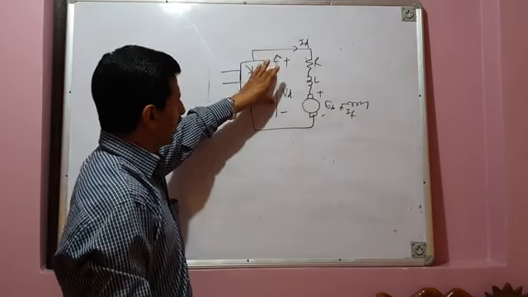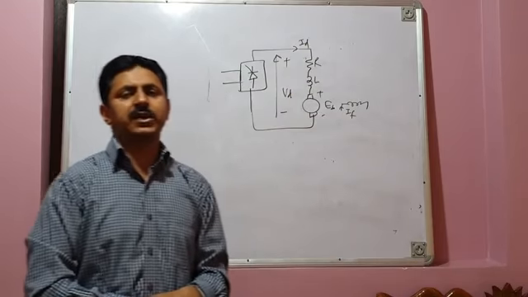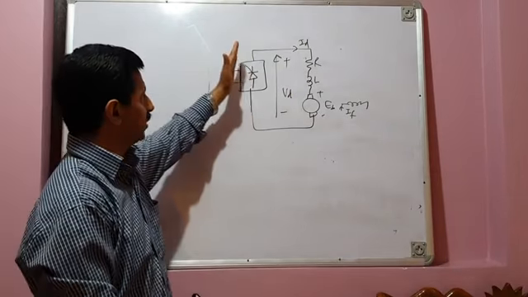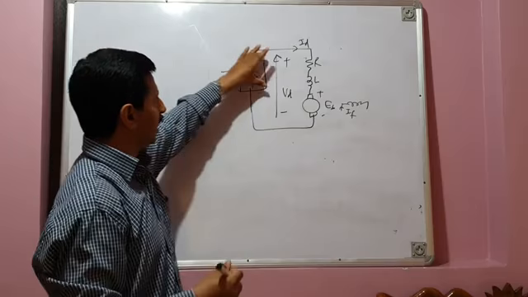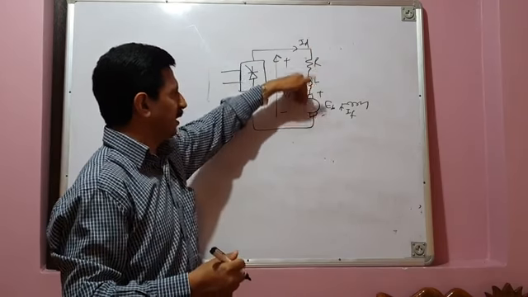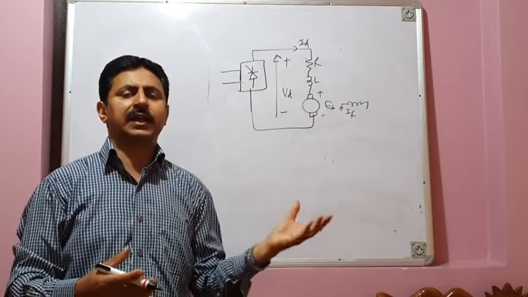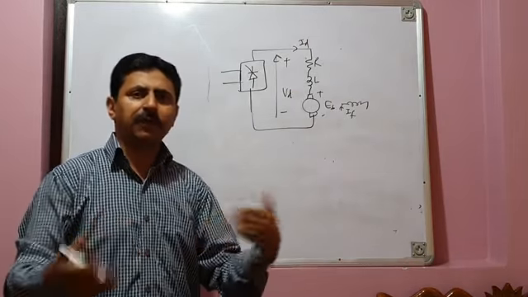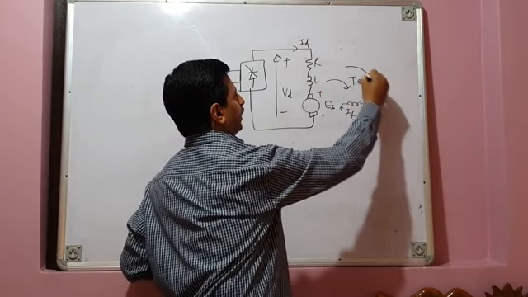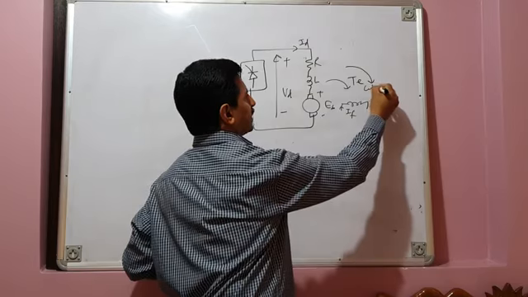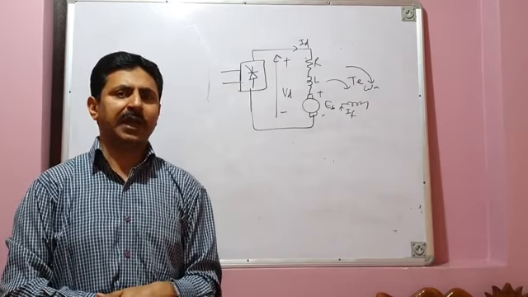Now, average load voltage is positive, load current is positive, so your converter operates in the first quadrant. I mean, the power is positive, that means power is drawn from the AC source, converted into DC, and that DC power is fed to the motor. What will the motor do? The motor will convert this DC electrical power into mechanical power, develop the torque, and start rotating in the clockwise direction at a speed called motor speed omega m.